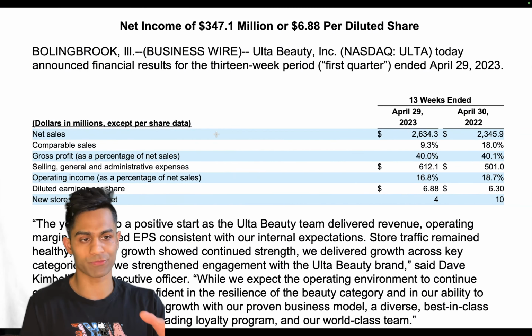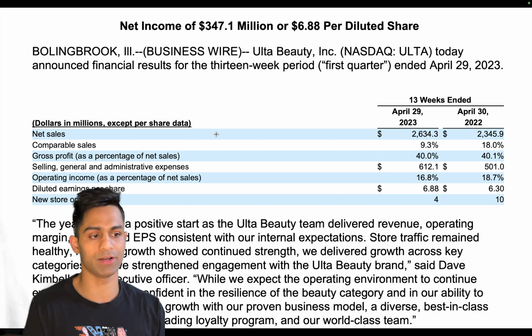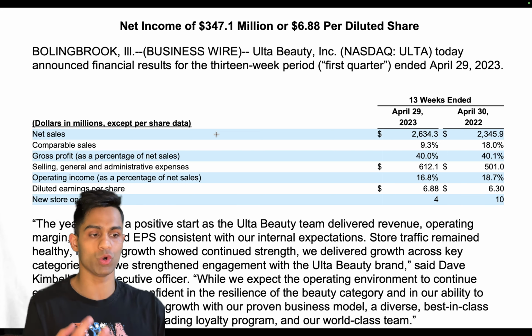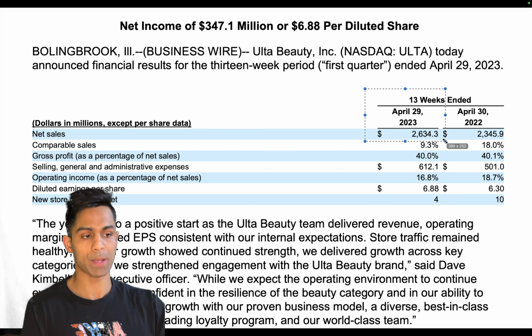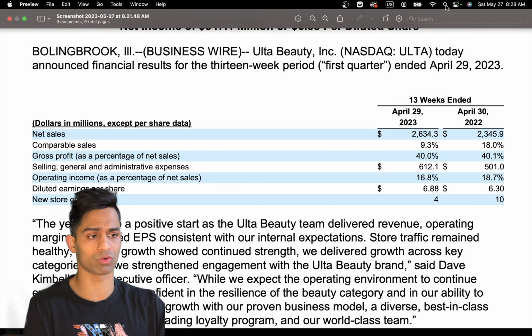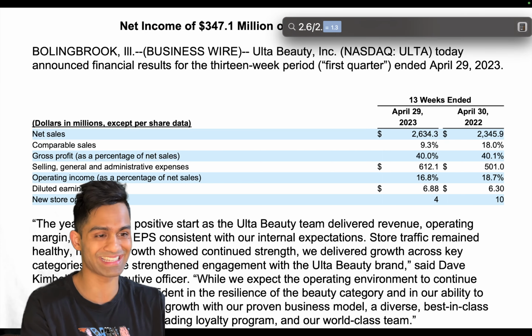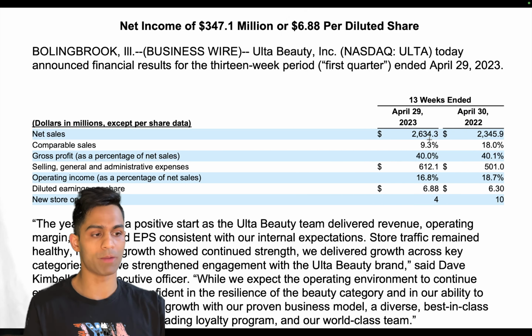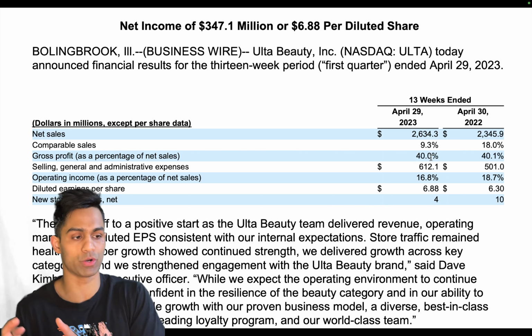So first things first, let's talk about the actual numbers for the quarter ending in April. They reported net sales or revenue of just a little bit over $2.6 billion. That's up from $2.3 billion. That, I believe, is a pretty decent growth of 18%, if I'm not mistaken here, or 13%. That's going to be that growth for the company. Comparable sales, again, 9.3% increase and 40% gross profit margins, which is pretty stagnant, pretty stable compared to last year,